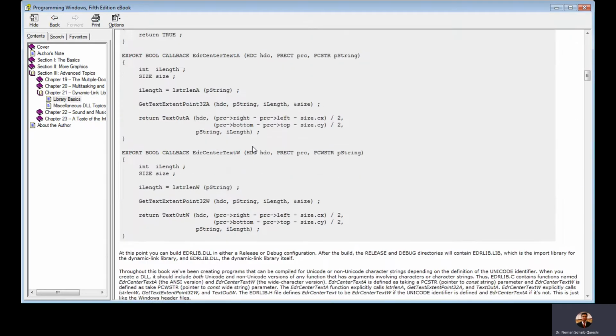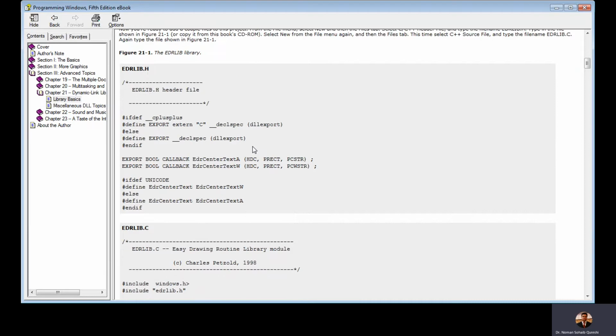Okay, and we also saw in the last interactive session the header file which we have to write in the native dynamic link library, the pragmas we will use in this, and the function prototypes with the callback convention, and all functions are exported, and they are exported with 2 postfix.